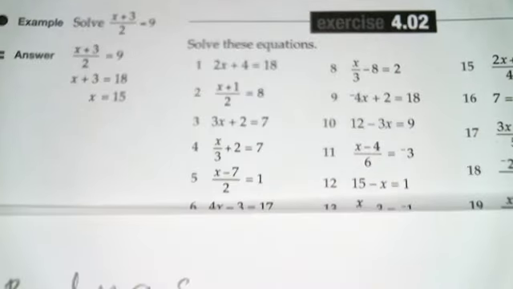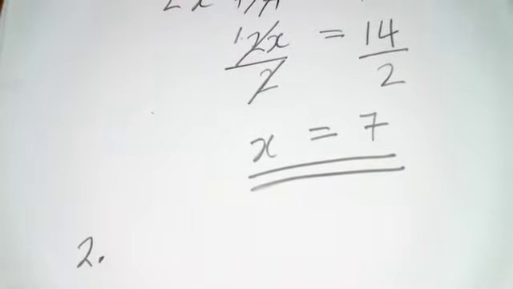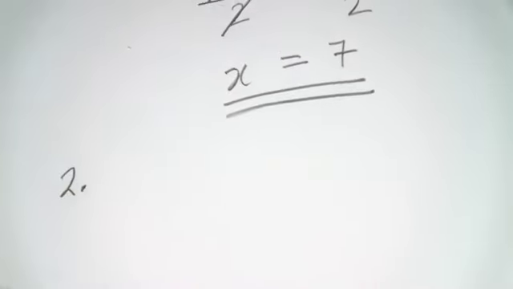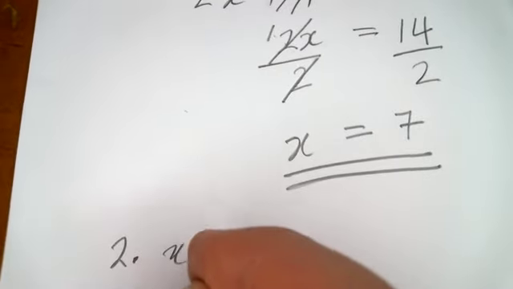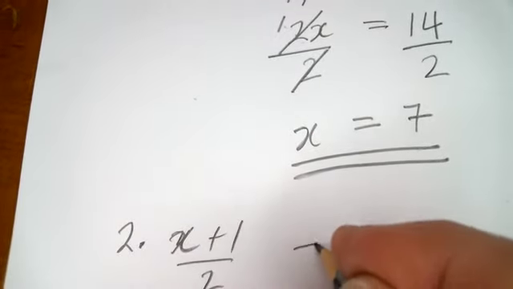So it's going to be number 2. Here it is, number 2. So this is question 2. And I'll put this on the same sheet as the other one here. So it's number 2, and it's x plus 1 over 2 equals 8. So x plus 1, that's an x, by the way, not a very good x, plus 1 over 2 is